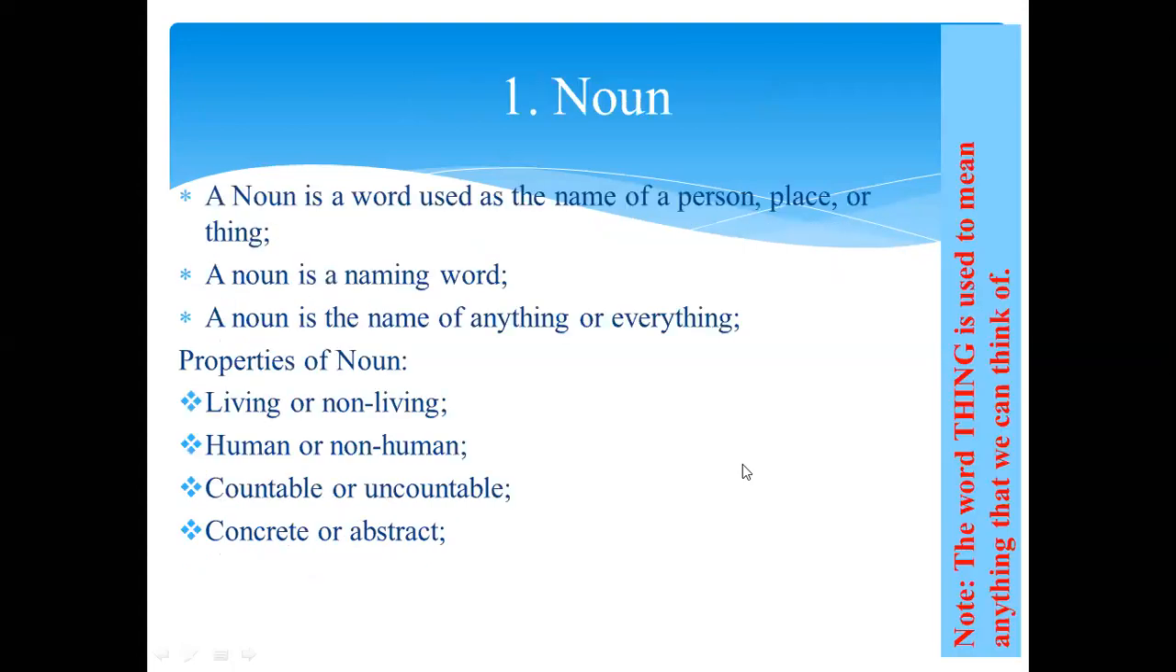Number 1 is noun. We've got various definitions of the noun, and of course, noun is one of the most important words in our English language. So, Wren and Martin define the noun as: a noun is a word that is used as the name of a person, place, or thing. This is the first definition from Wren and Martin's book,